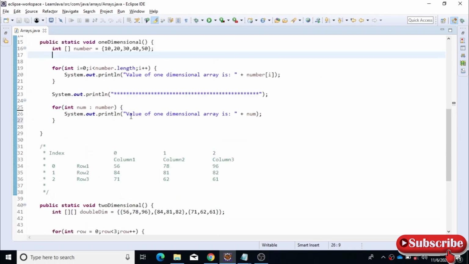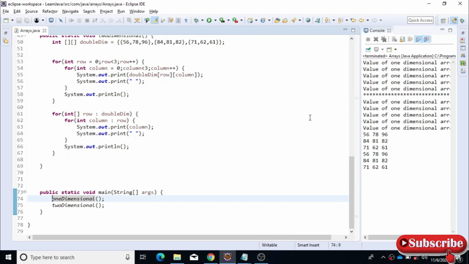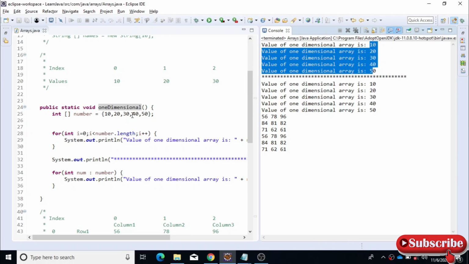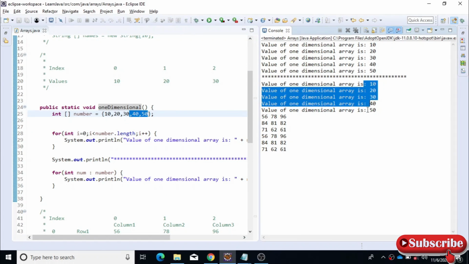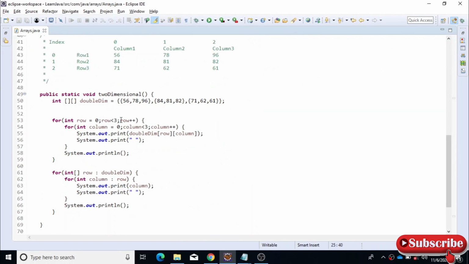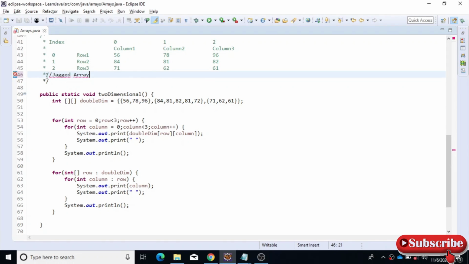Okay, and let us uncomment this method, and you can see the output of the first method, the one-dimensional method, also gets displayed properly now. Can you see here? Now the values are taken by direct assignment, how we are doing it here. And this is for the second, the 2D array method. Now I'm trying to include some values in this row alone, for the first index row, right? I'm adding two more columns for this one alone. So this is called a jagged array. Okay, so they call it a jagged array.